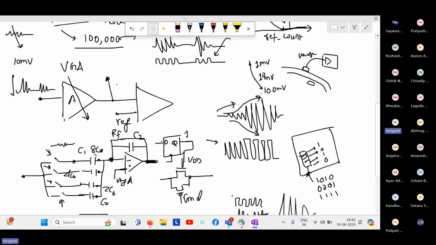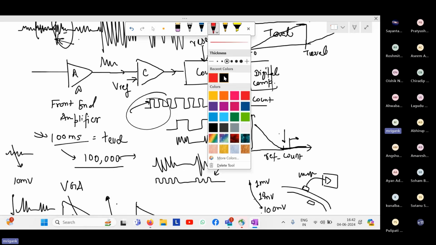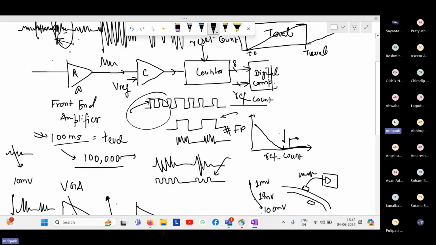So in this case, intuitively we can see that if the signal's minimum is say even 1 millivolt, we may not need more than a gain of say a few 10 or 100 at max, because ultimately the comparator is going to compare that amplified signal with the reference. Suppose you are having a gain of say 10,